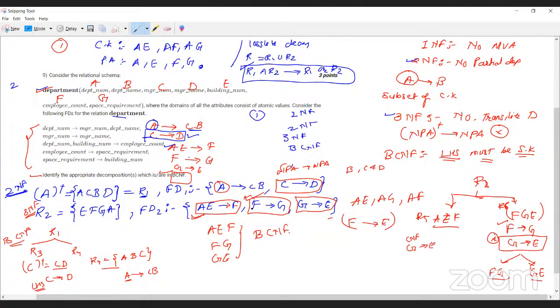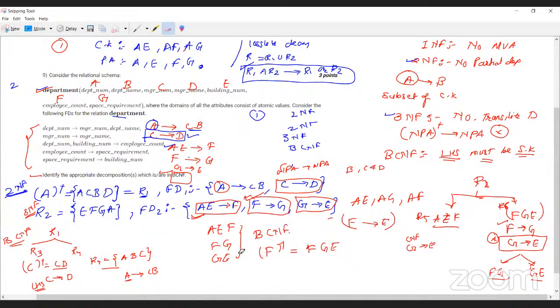Straight away take the closure of F alone, and then you've decomposed it. So if I take the closure of F, I will get FGE. But again, I have to check for the applicable functional dependency. Correct. Now, I think maybe what Ria is probably trying to do is she's taken an F closure as well